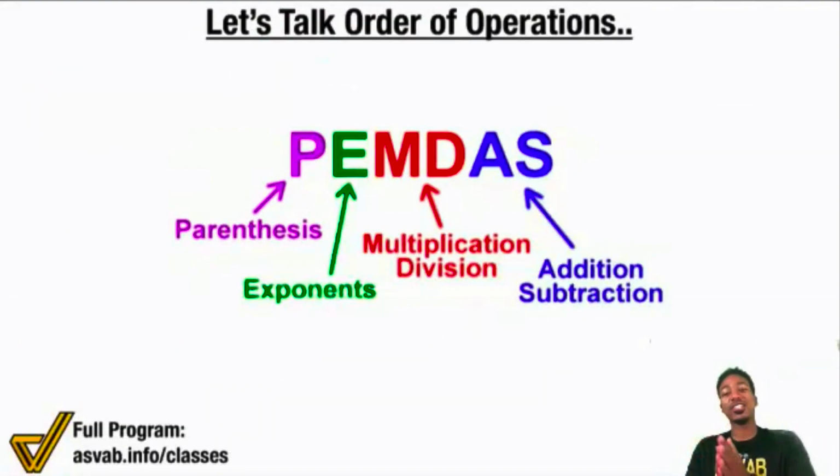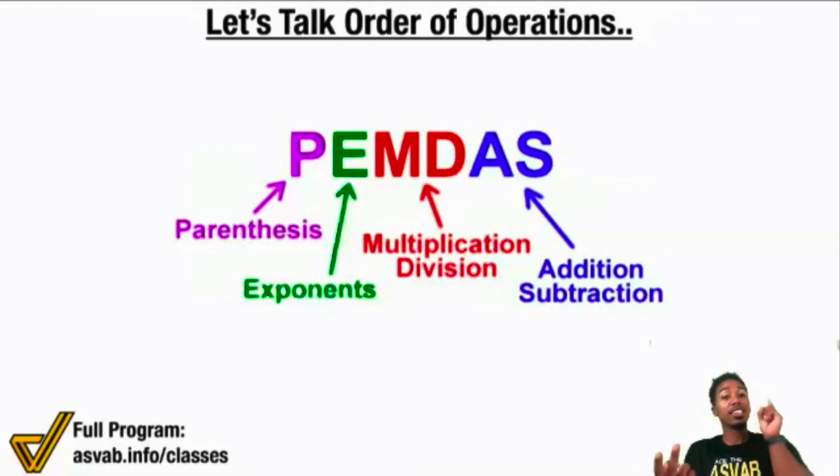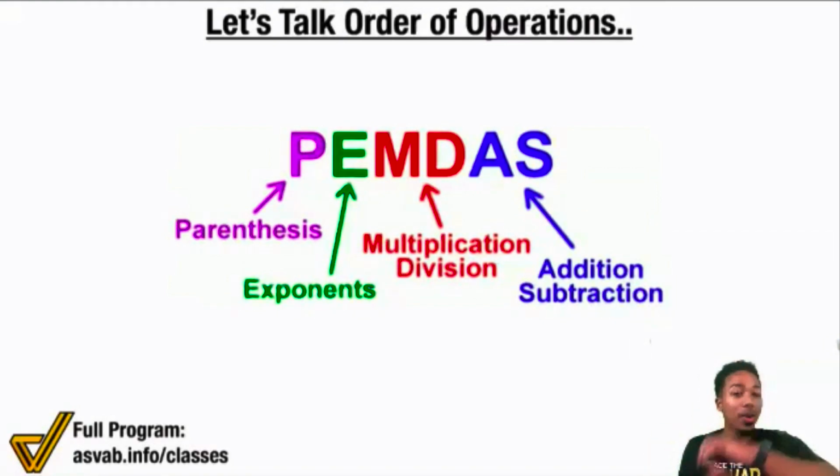Order of operations. Let's go ahead and talk. Here's the number one mistake that everybody makes, and I'm going to start off with this mistake. The number one mistake that everybody makes when it comes to order of operations is they believe that parentheses always comes first, exponents always come second, multiplication is always third, division is always fourth, addition is always fifth, and subtraction